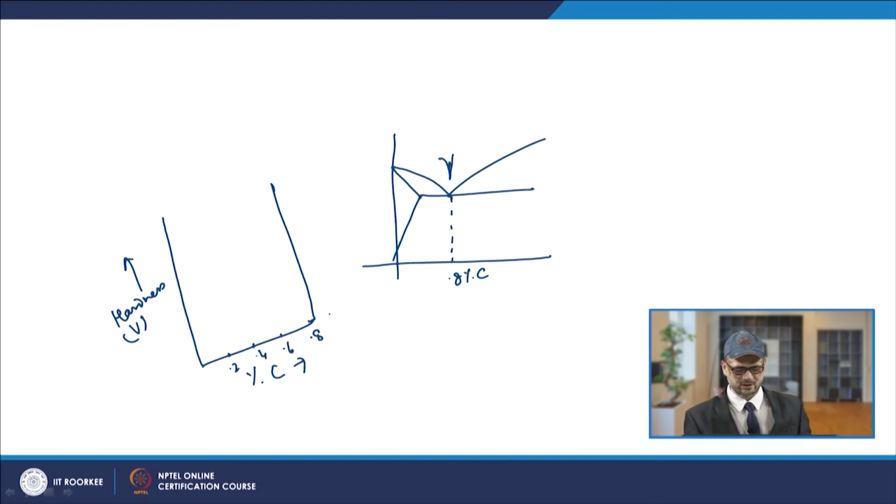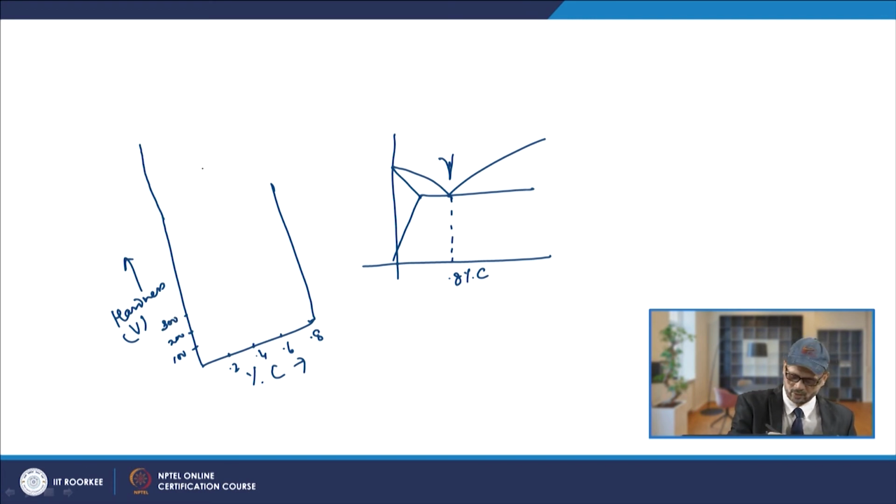In the case of the quenched martensitic structure, this is 100, 200, and the value goes up to say